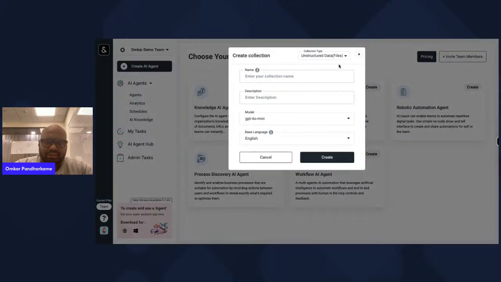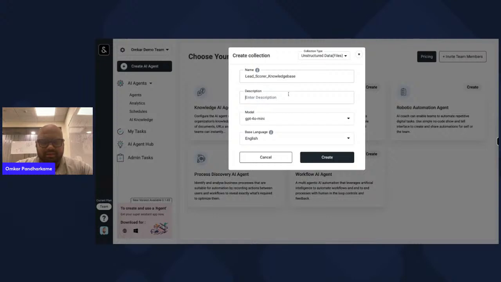So I go ahead, I click on create. Once I click on create, I'm able to go ahead and click on unstructured data, right? The moment I click on unstructured data, I am able to go ahead and put the name. So, for example, my name of this is lead scorer knowledge base, right?